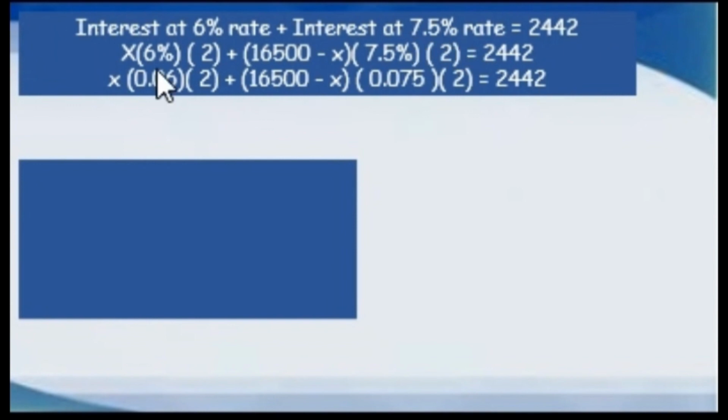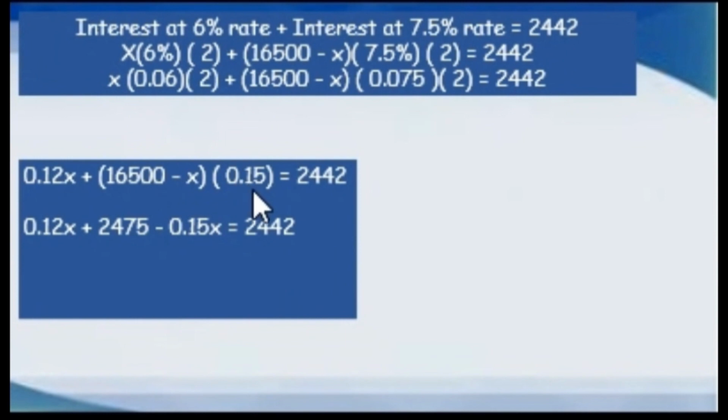So, X times 6% times 2 years, plus 16,500 minus X times 7.5% times 2 years equals to 2,442. So, X multiply 0.15. So the answer is 0.15x equals to